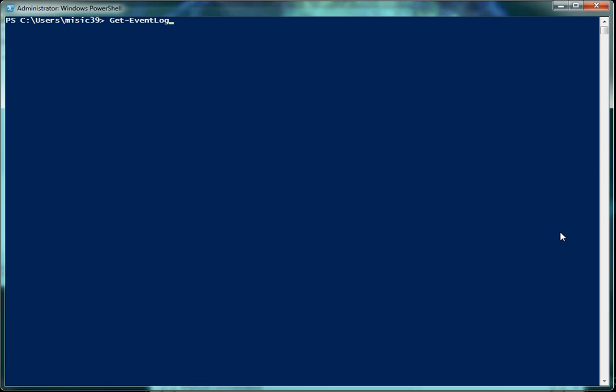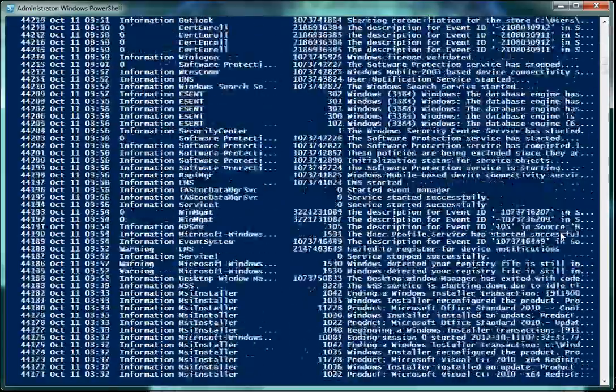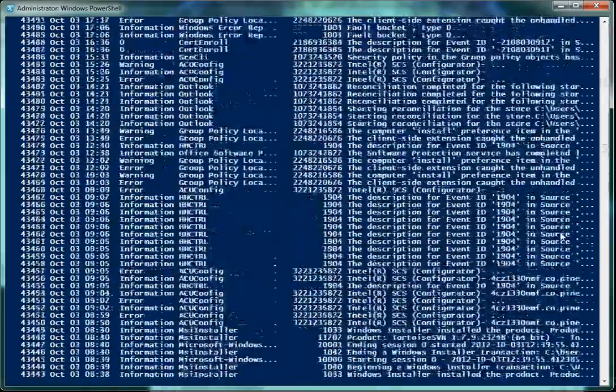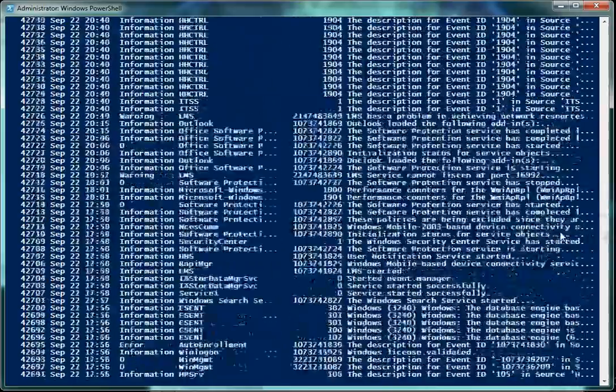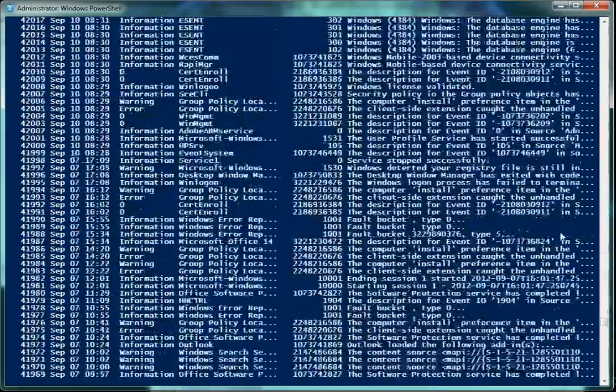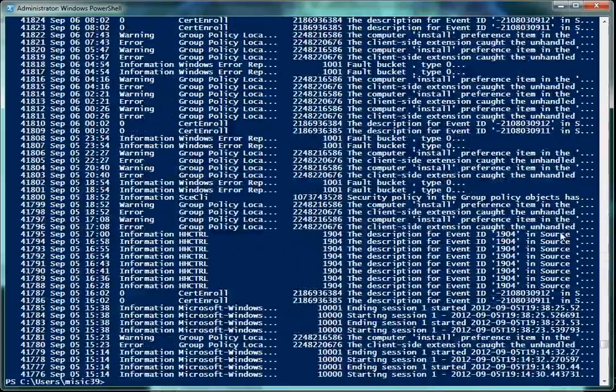So when we did the Get-EventLog, we got a lot of information, too much information. So if I didn't want it to ask me for information, if I wanted to provide just the basic to get the thing to go, I'll go ahead and type in application. If you notice, it didn't ask me. That's because I told it what the log name was that it was looking for. So I'll go ahead and I'll cancel that, clear the screen,